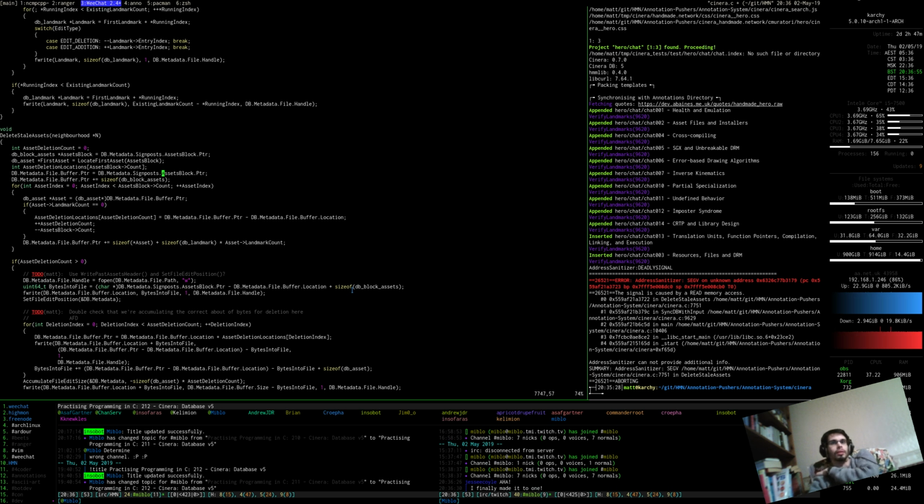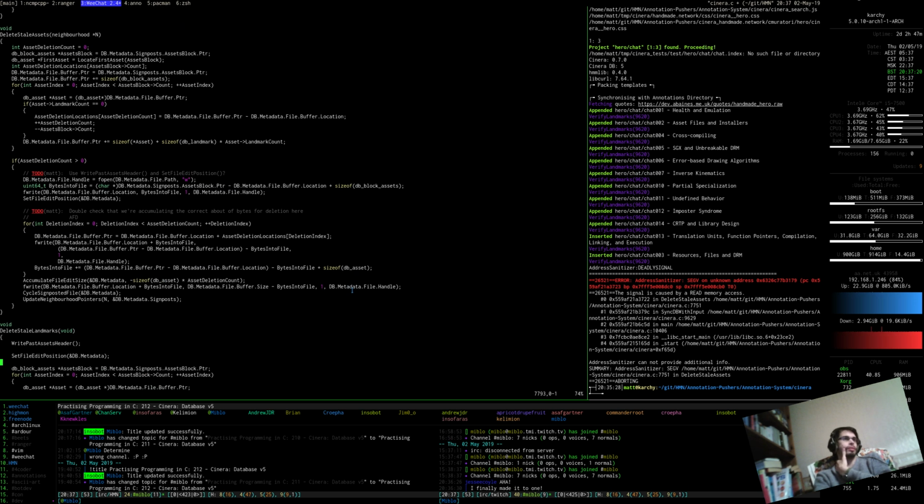Well, no, yeah, so I assume we just haven't got a project, an asset. Yeah, unfortunately, this guy's still using the DB metadata buffer. Oh, it's only a short function, so maybe we could get away without. We could probably rewrite this,